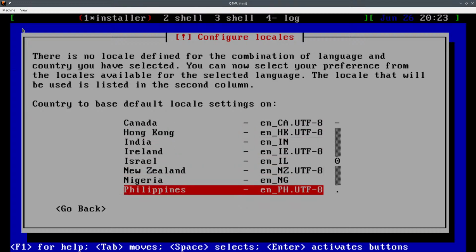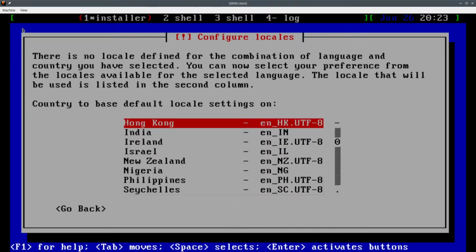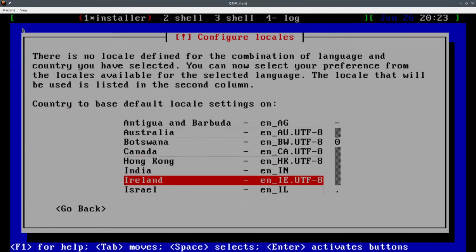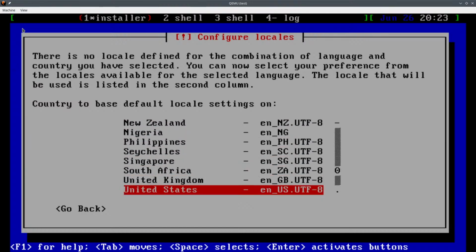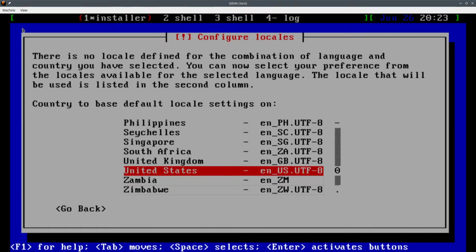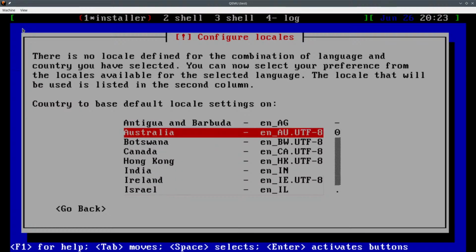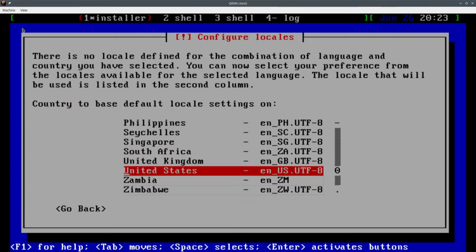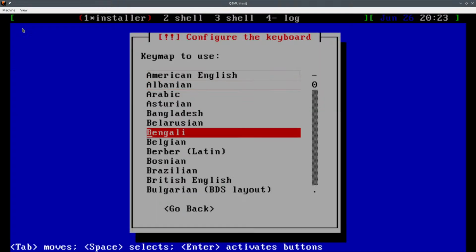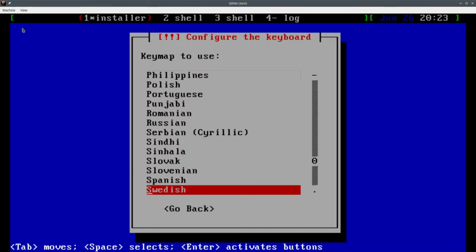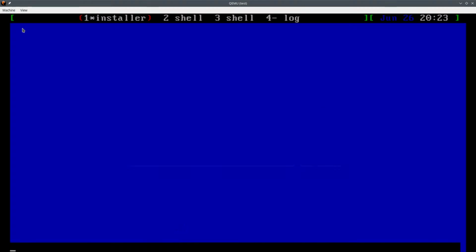Yeah, Spanish. Once again, we don't have... I mean, maybe it's something that... Let's say... maybe there's nothing. Let's say United States for now. Okay, Spanish. At least the keyboard is Spanish. Oh my god, this is very old. So this is probably the installer that was on Debian 9 or Debian 8 or whatever.